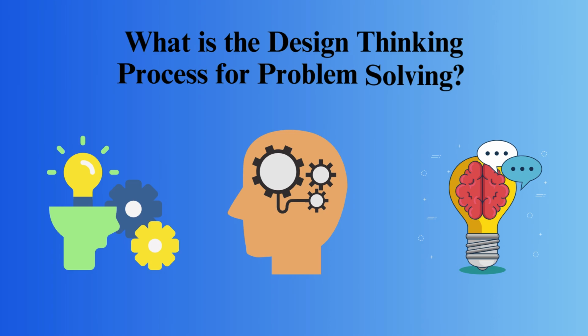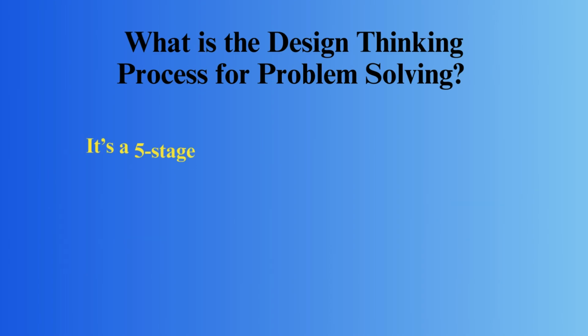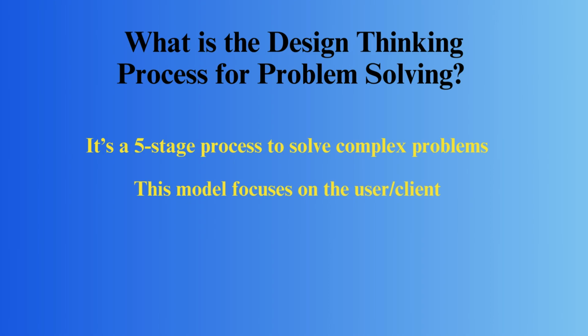Hello, in this lesson, we are going to look at the design thinking process for solving problems. So, what is the design thinking process? Well, it's a five-stage process to solve complex problems. Problems where there may be multiple solutions and the company is not sure which strategy to use to solve the problem. This model is different in that it looks at the needs of the user or the client and what